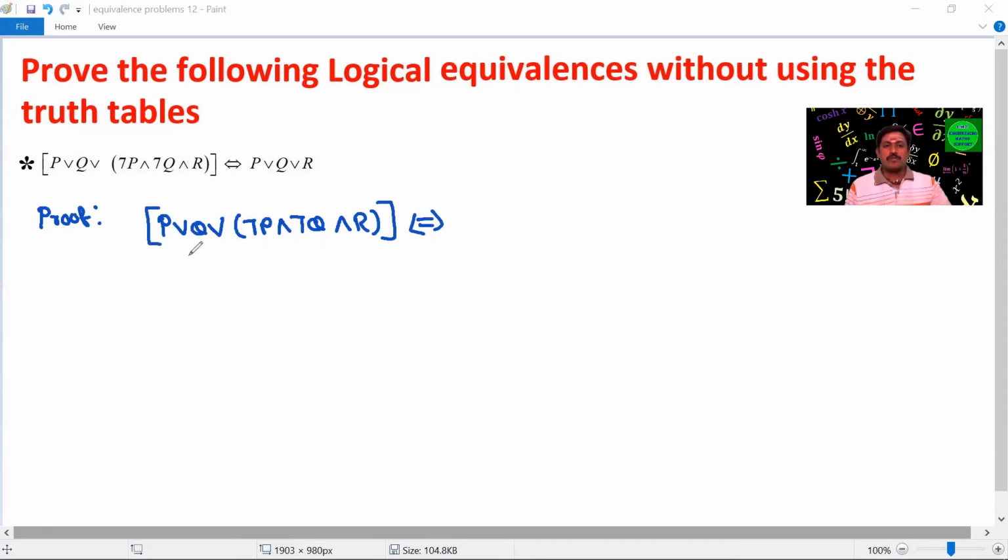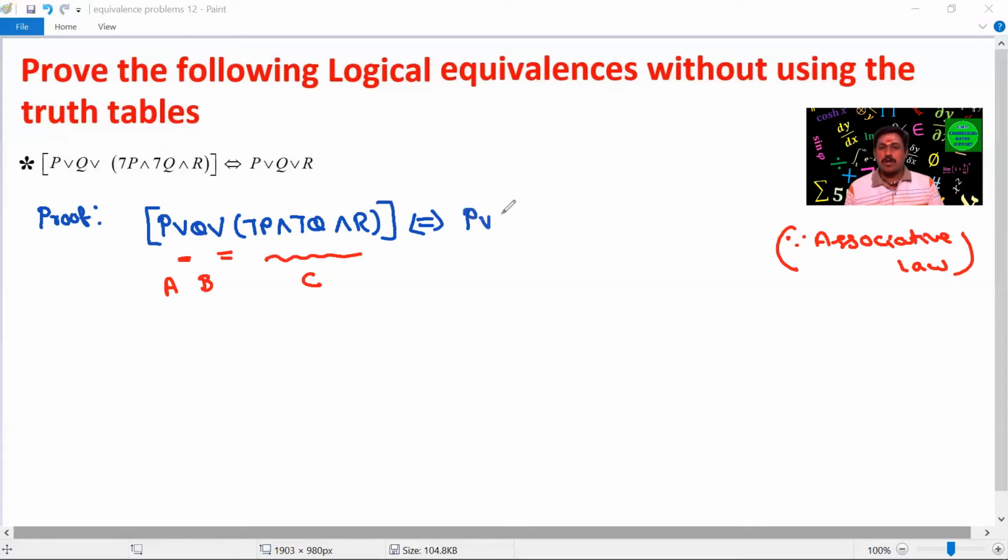If you observe this bracket term, three different variables are there, with the same symbols. So we can apply the associative law. Since associative law, I can combine the first two terms, (P or Q) or (not P and not Q) and R, which is equivalent to